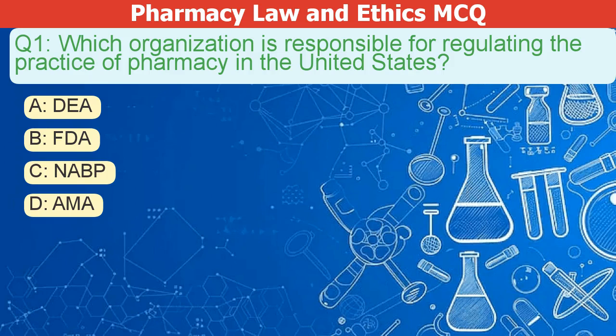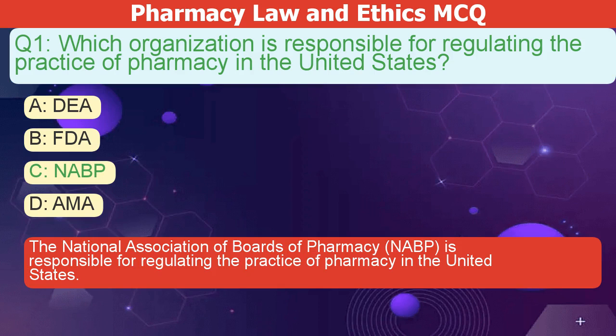Which organization is responsible for regulating the practice of pharmacy in the United States? A. DEA. B. FDA. C. NABP. D. AMA. The correct answer is C. The National Association of Boards of Pharmacy, or NABP, is responsible for regulating the practice of pharmacy in the United